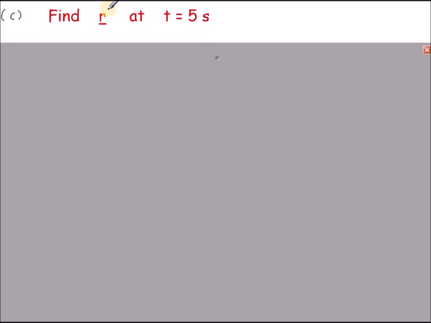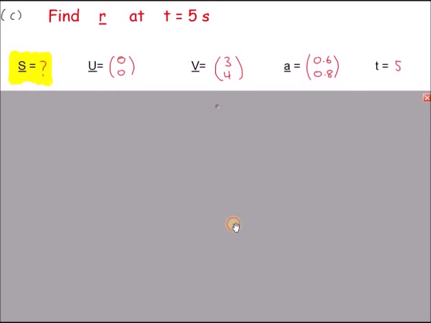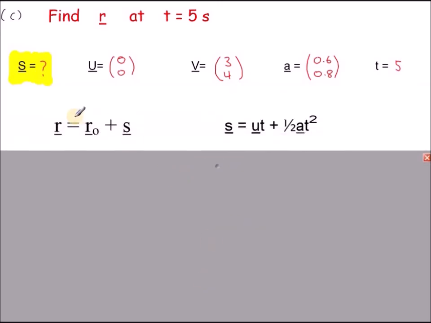Now we need to work out the position vector of the particle at 5 seconds into its motion. So we're sticking with SUVAT. Now this is the formula for the position vector. So the position vector for any given time is equal to the initial position of the particle plus its displacement from that position. So we need s, the initial velocity, velocity after 5 seconds, we already know the acceleration, and t equals 5 seconds. And the SUVAT formula we're going to use in vector form is this, s equals ut plus half at squared,